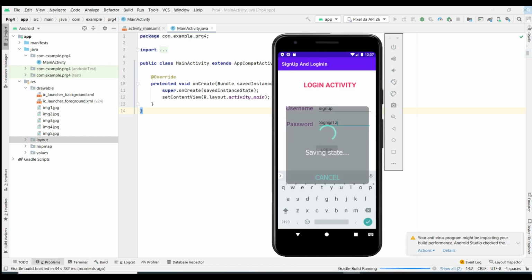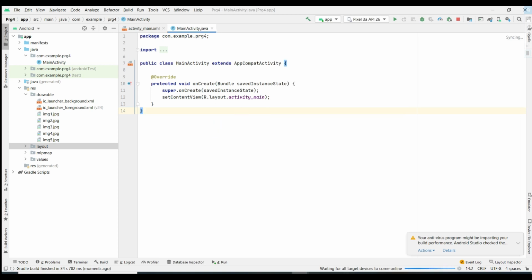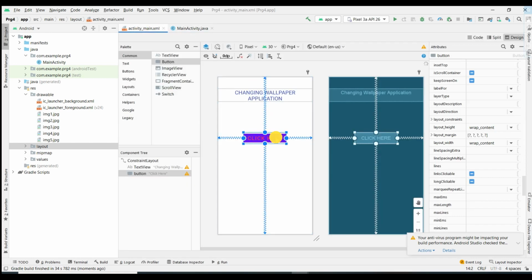So meanwhile I will show whether the design we have done is in a proper manner or not. Fine. So now I want to make use of this button, right? So meanwhile just go back to that. Here, since on click of this some action needs to be performed, right?